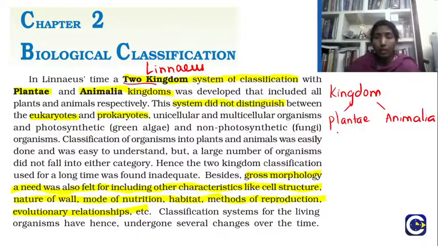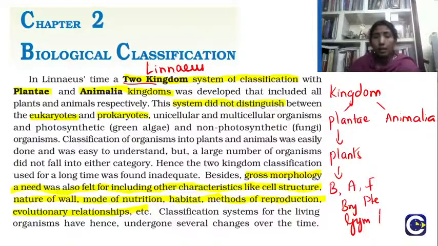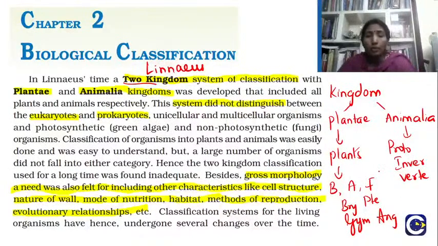Okay, so when I say Plantae, they thought of all the plants. When they said plants, they included all the bacteria, the algae, the fungi, the bryophytes, the pteridophytes, the gymnosperms, angiosperms, everything into it. And when they said animals, they included all the protozoans, the invertebrates, then the vertebrates, all were included. So this is how they were making it up. They were made on the basis of structural and functional characters like locomotion or mode of nutrition, their cell wall, like that the classification was made.